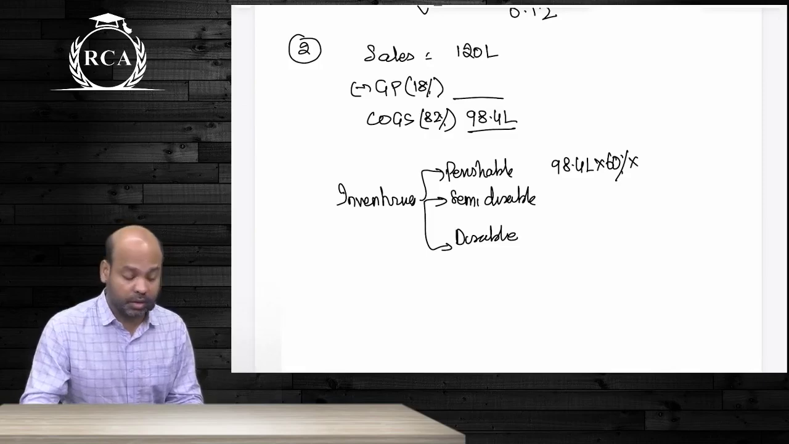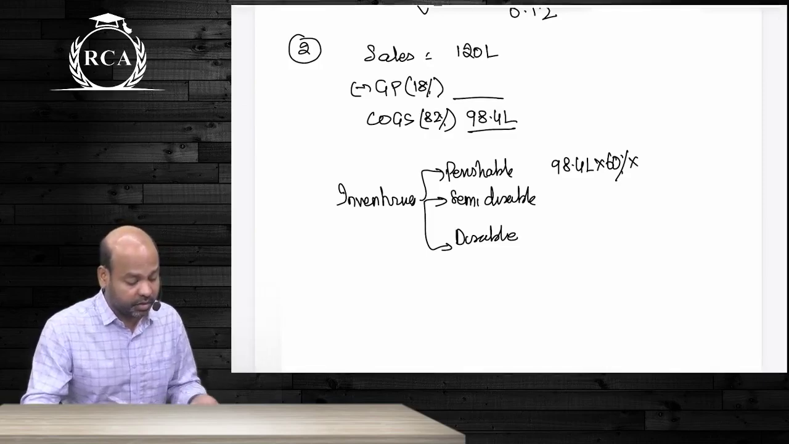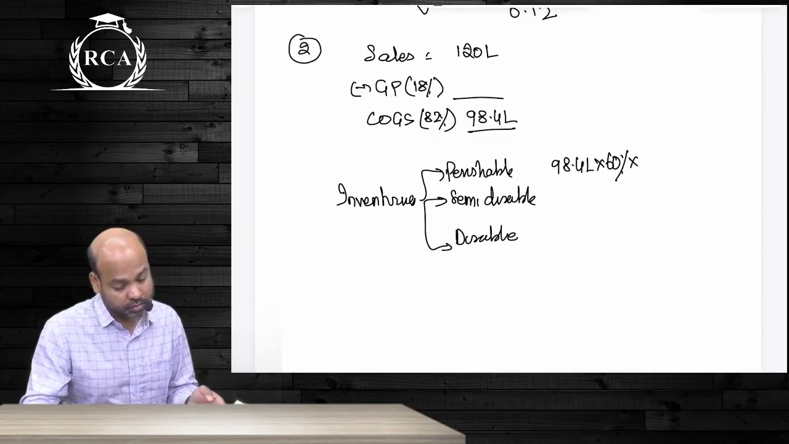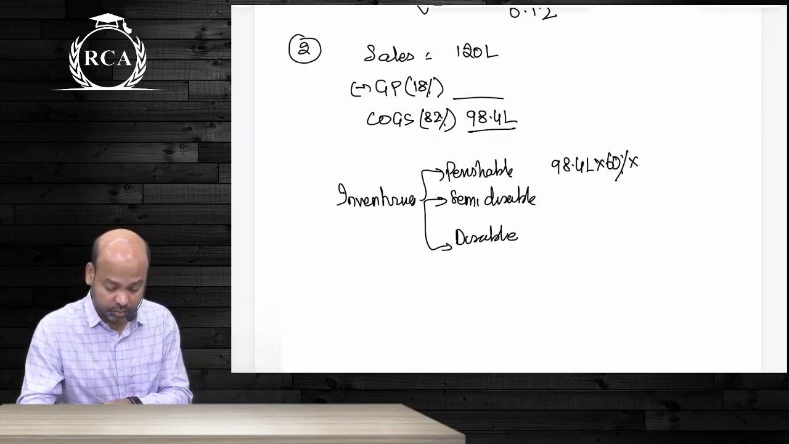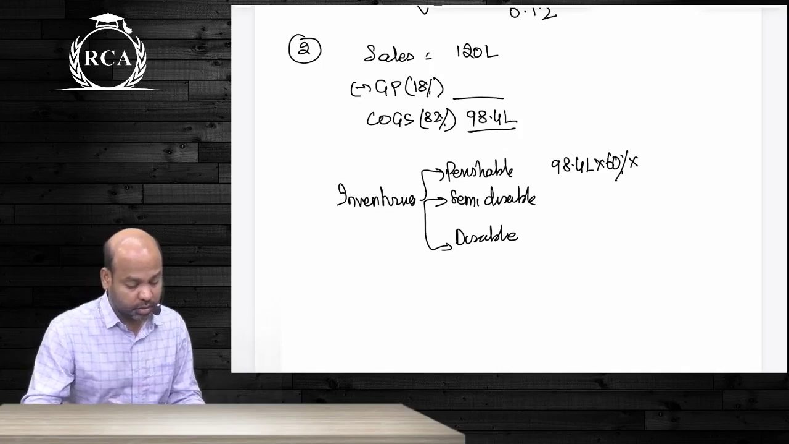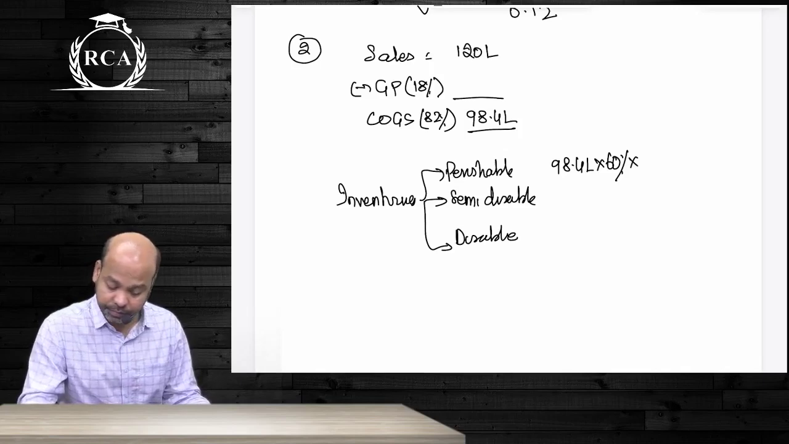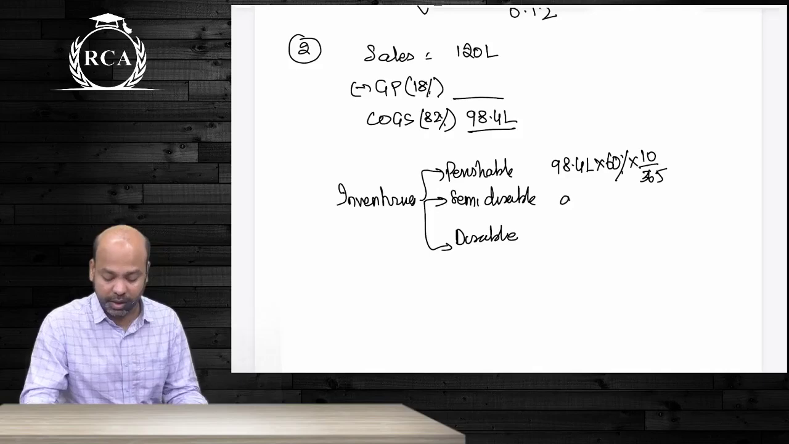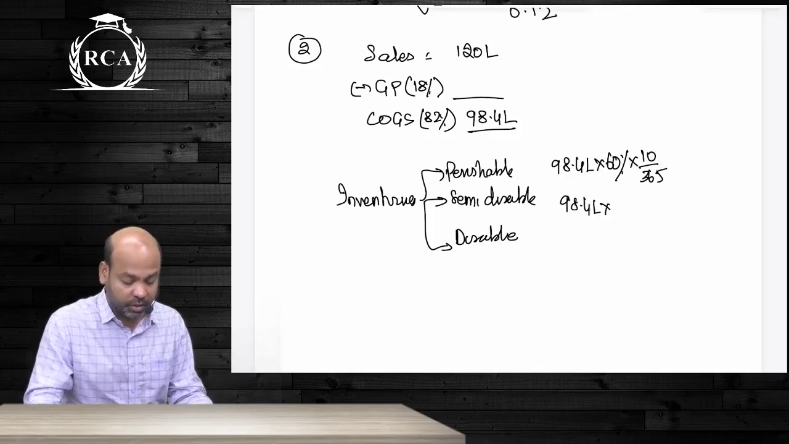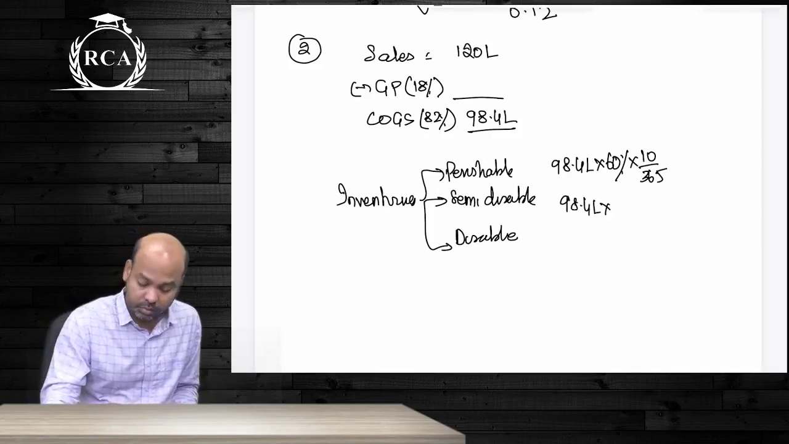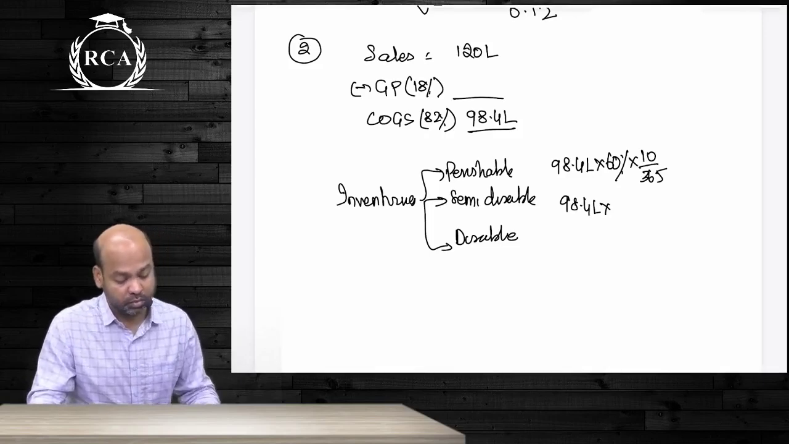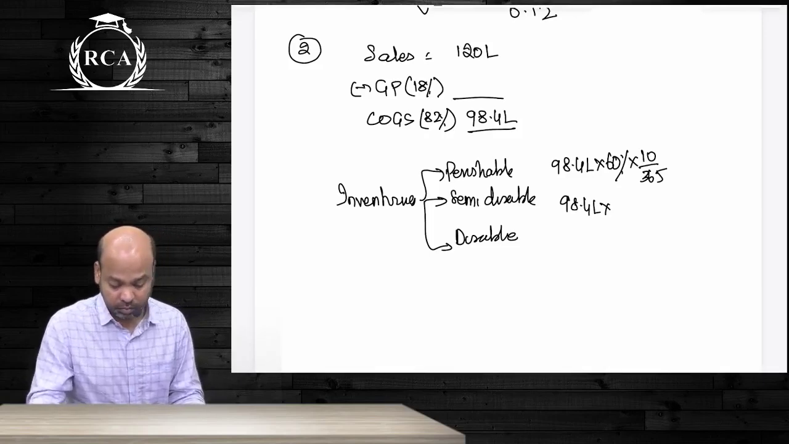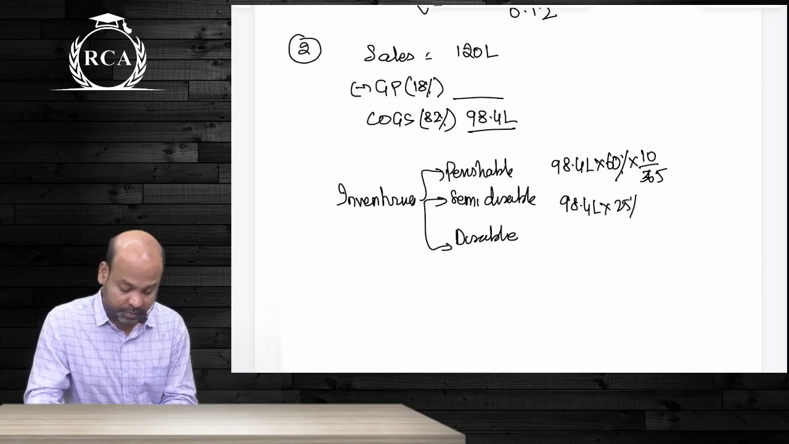In a year, did they say 360 days or 365 days? Into 10 by 365. The next one will be 98.4 lakhs into 25% into